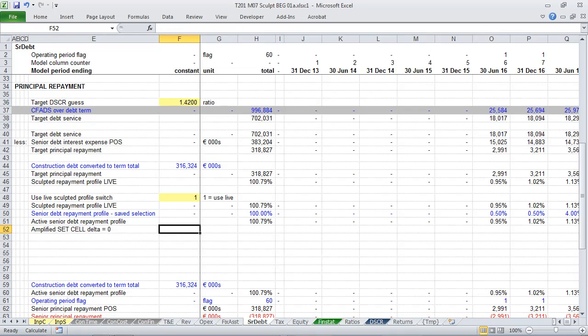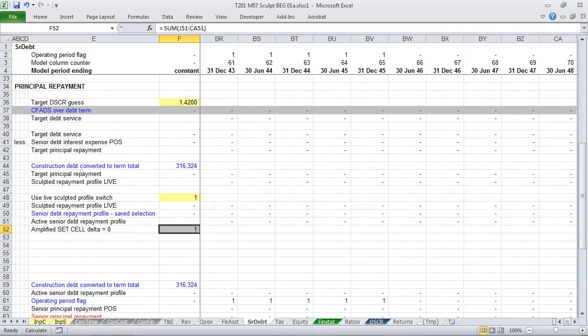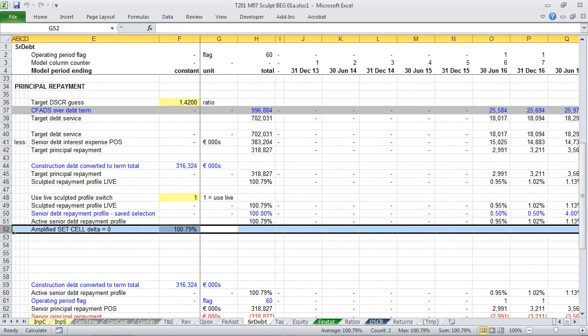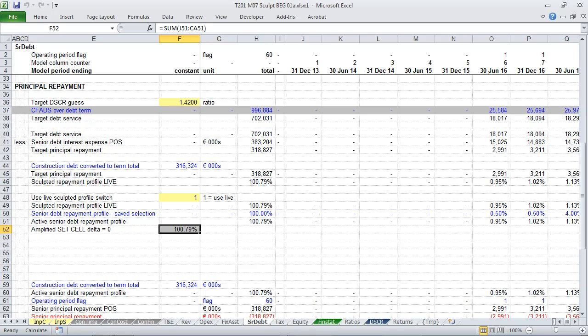But I'm going to set up a cell that we're going to make equal to 0. And what that is, first off, is the sum, and just out of habit I'm not going to point at a display total. So here's the total repayment profile, currently 100.79%. Just adding up that row